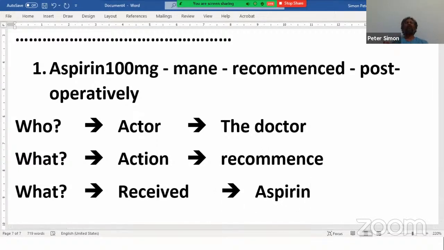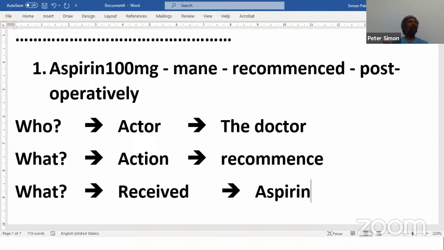When it was recommenced, when he took the aspirin, that 100 mg is no more. It's not the same. Some action happened on it. You cannot see it. Once he takes the tablet, it is no more there. Action is past. Some action is done. There is a result. There is a change.